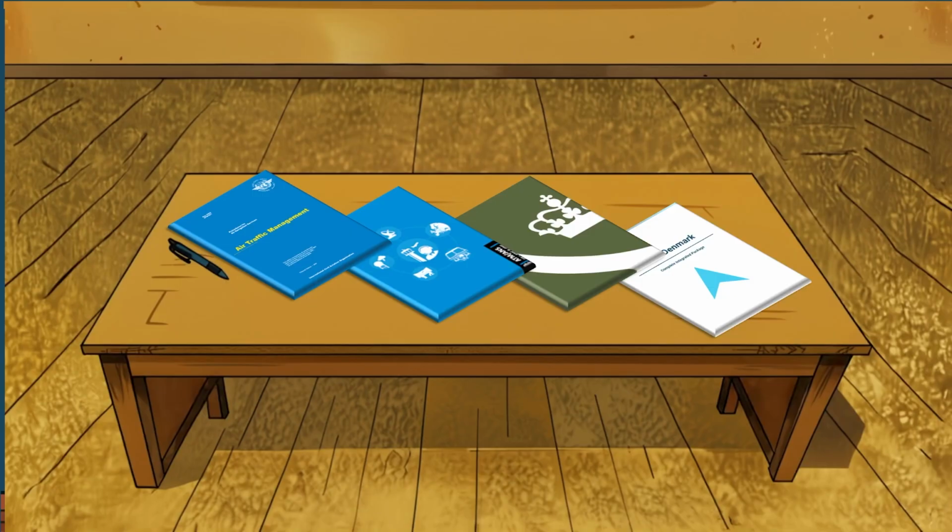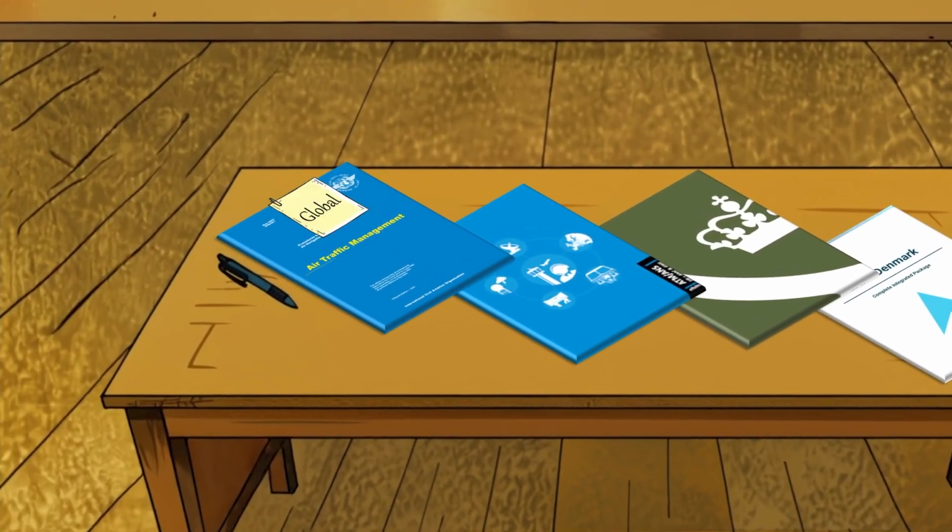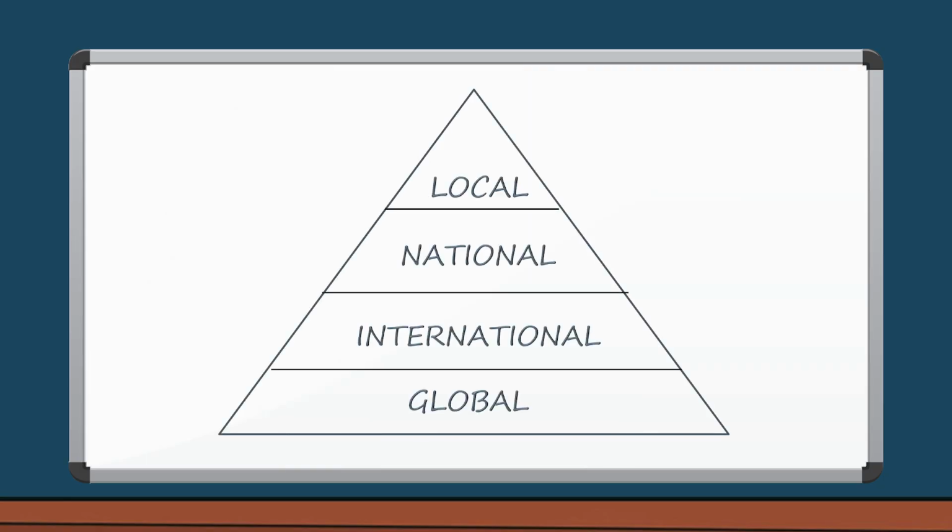There are tons of different kinds of documentation and navigating them is extremely difficult. But in essence, you need to remember that there are different levels of documentation to reference: a global, an international, a national, and a local. Each step is built on top of the other, making almost like a pyramid of rules, which are based on each other and made in a way so that one must be as strict or stricter than the foundation it is